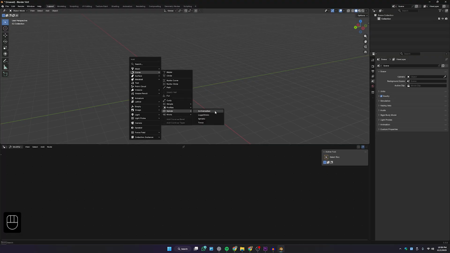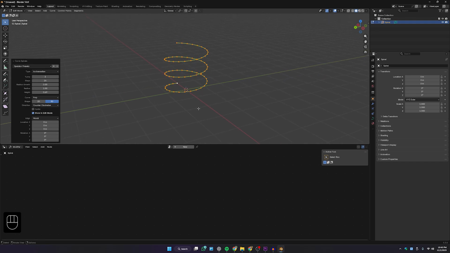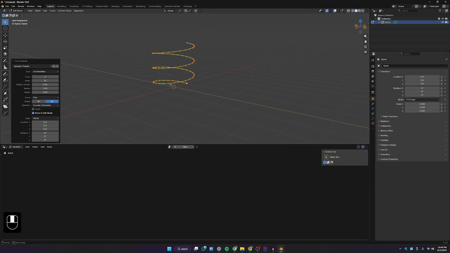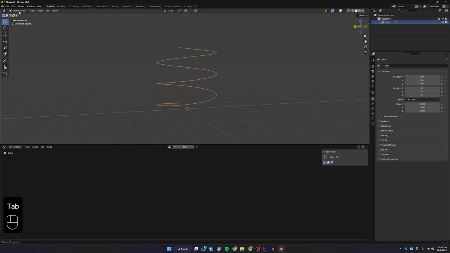So you can see spirals, and then we have Archimedean, and then you can select that, and then we have a couple of options right here. So I'm going to set a little bit of height like this, and then also we can increase the turns to something like 3. I think I much prefer this version of the spiral, and then I can close down this window. Right, my path is ready,